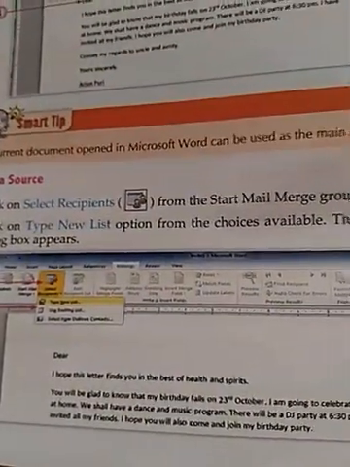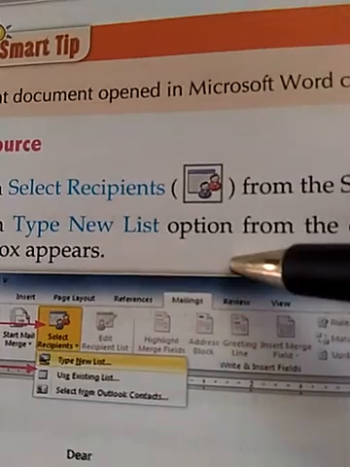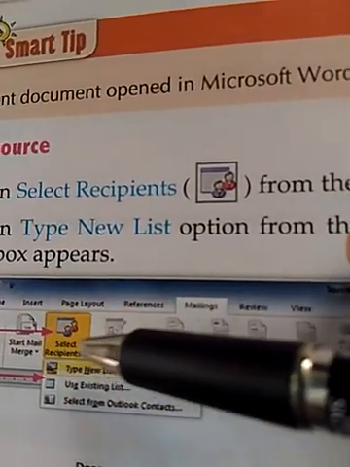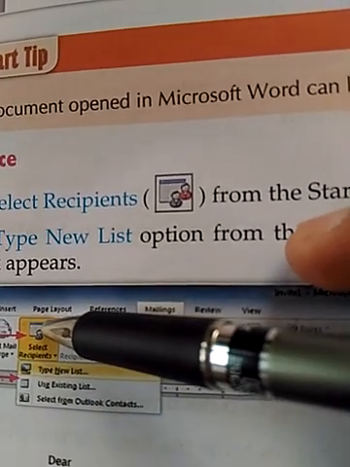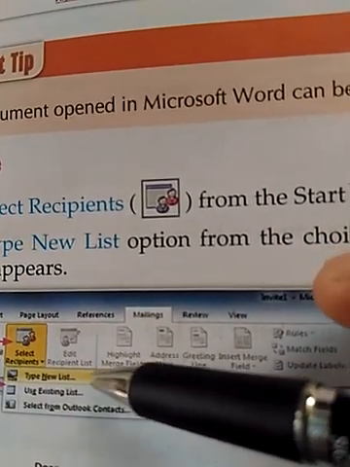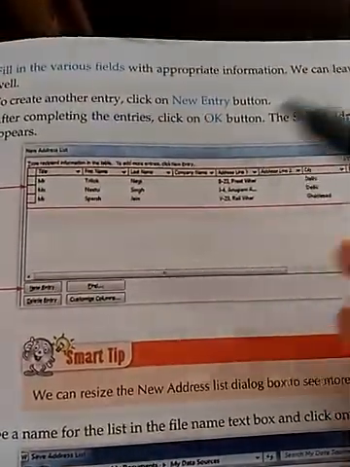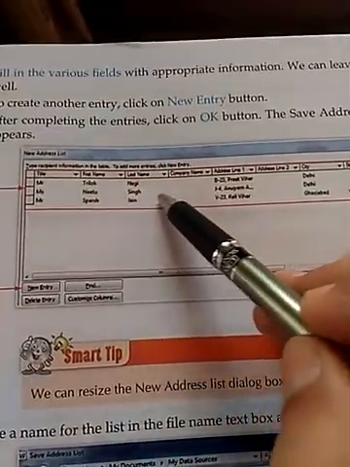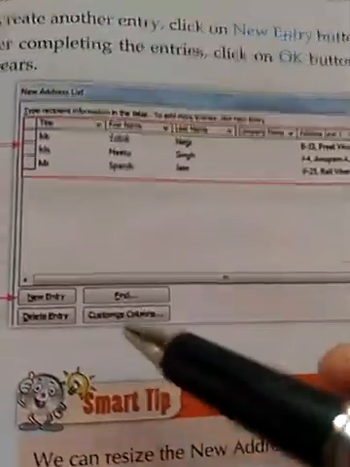First you need to click on the mailings tab. In the mailings tab, select the option select recipient. In select recipient, select the option type new list. In type new list, you will get this window, and in this window you can add the rows of the records which you want to enter in the data list. Here a button is provided, that is